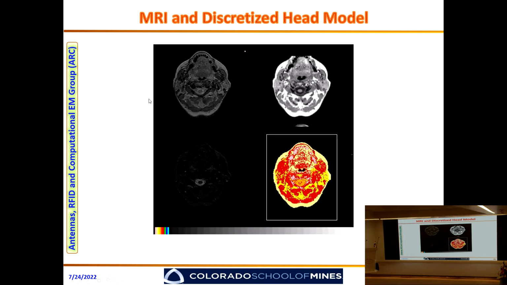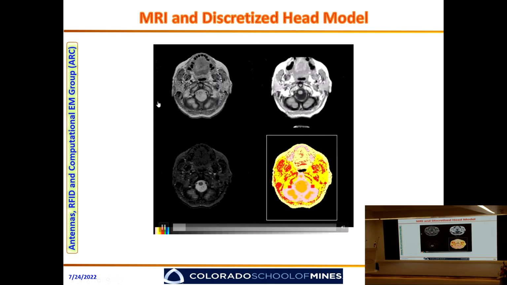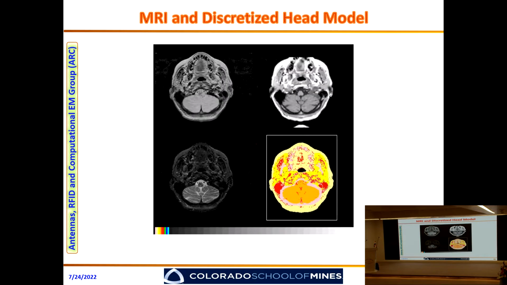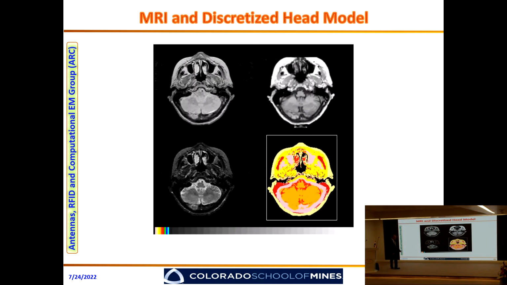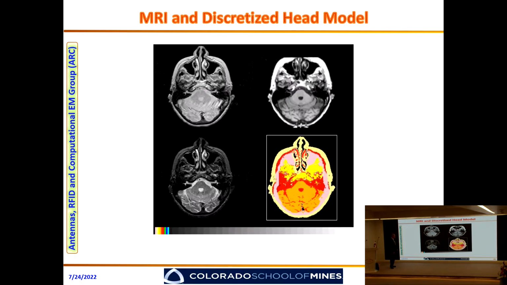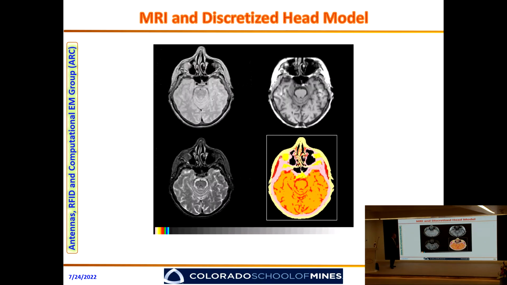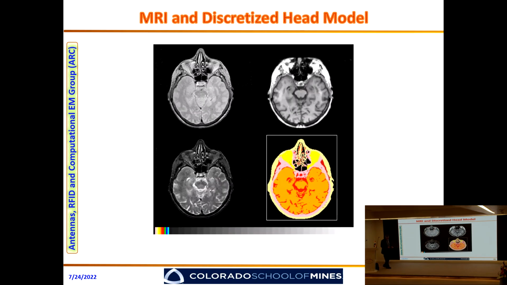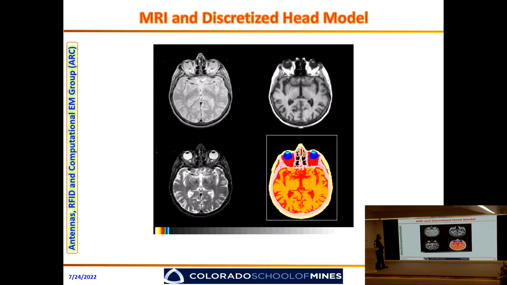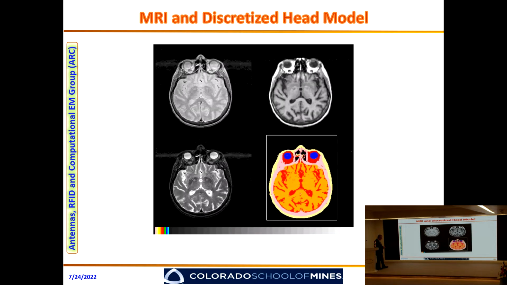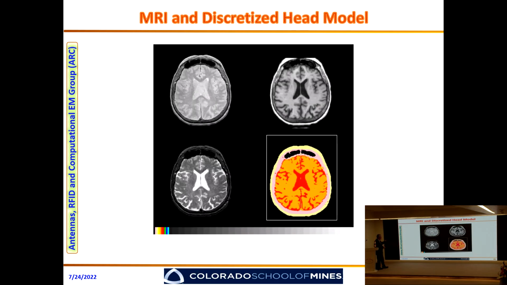So to show you for different cuts, you can see the discretized image at different cuts in the human head, how it is being converted into color images, and every color represents one tissue type. This is going up, and